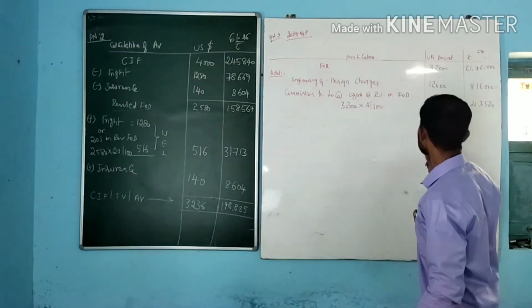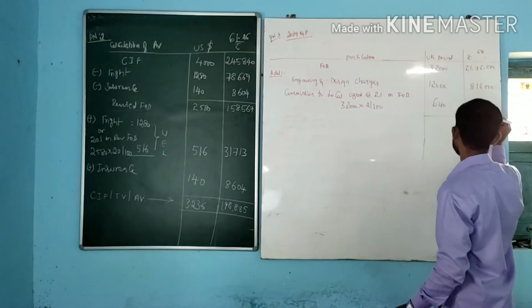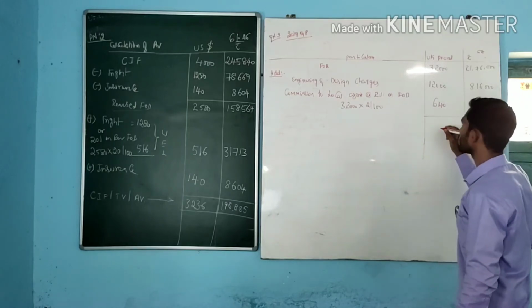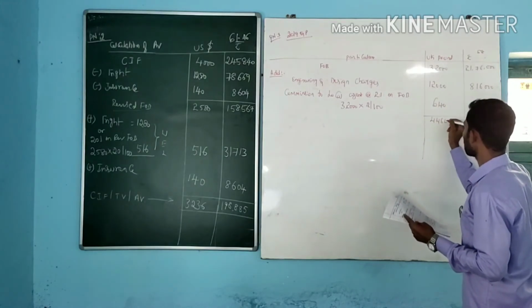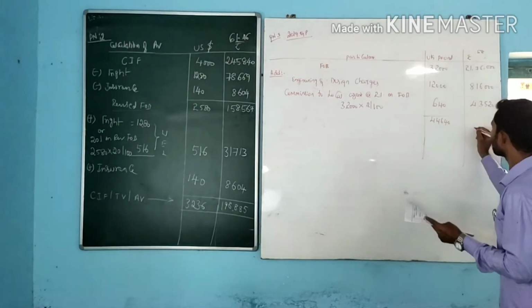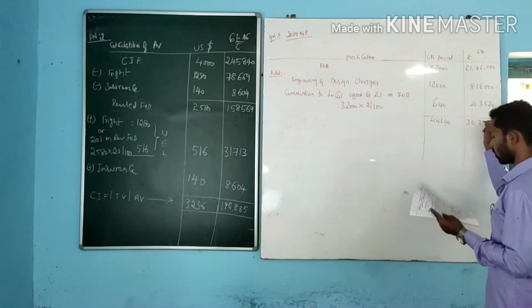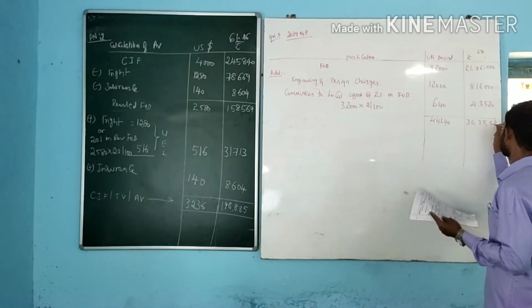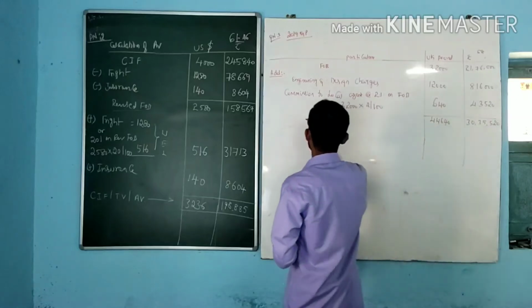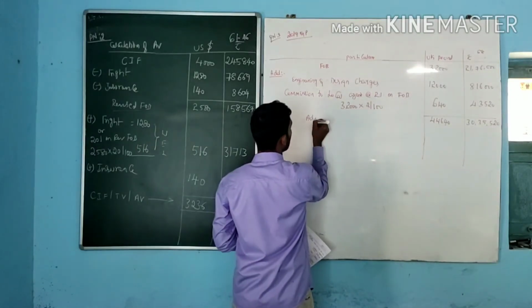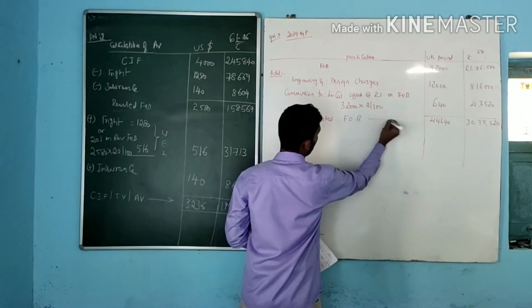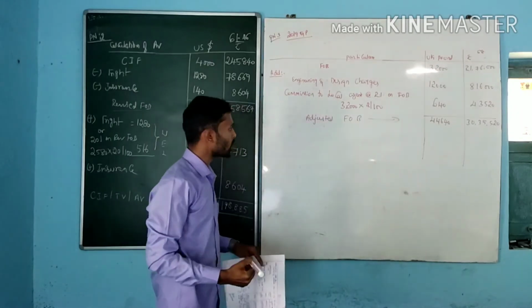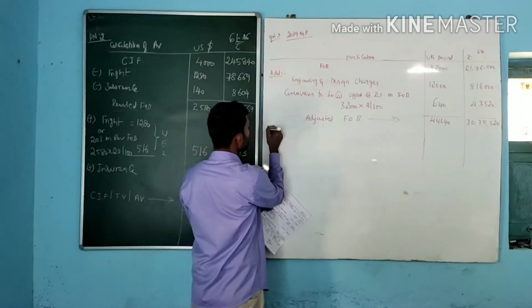Next, is there any other cost to add for the FOB? 32,000, 12,000 and 640, that is 44,640, and add all this amount, 30,35,520. It is called adjusted FOB. Adjusted FOB. Next, to this add